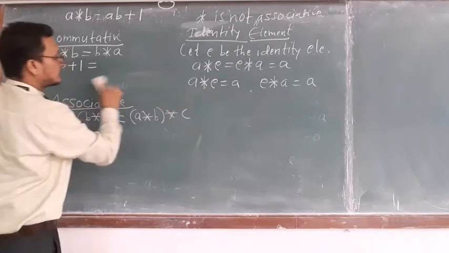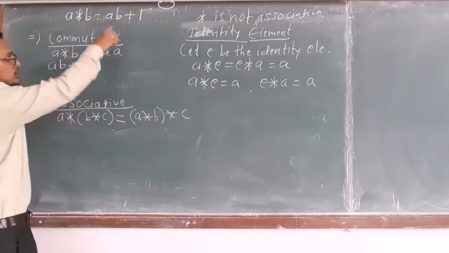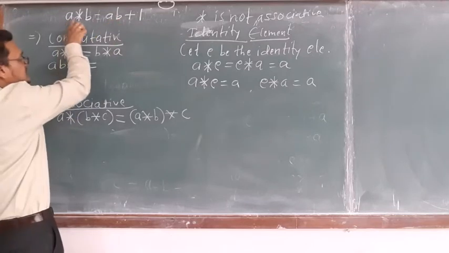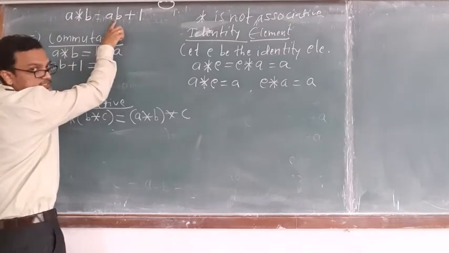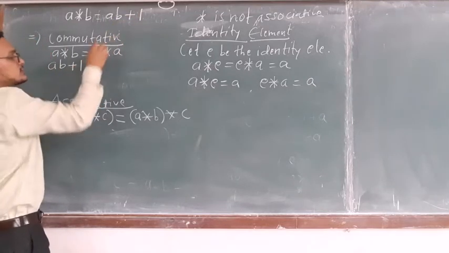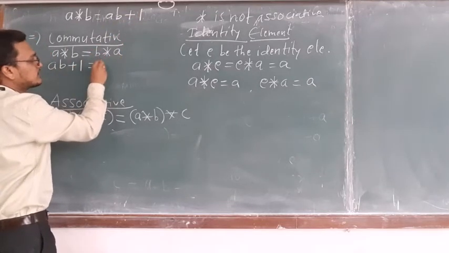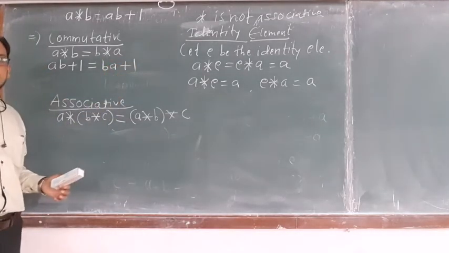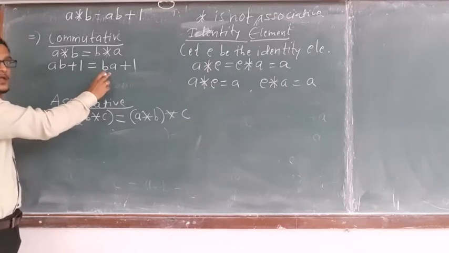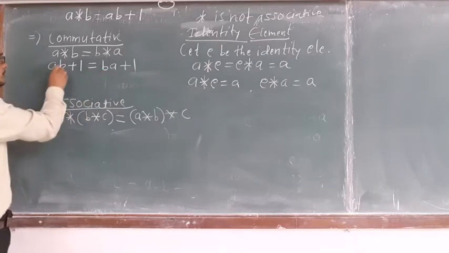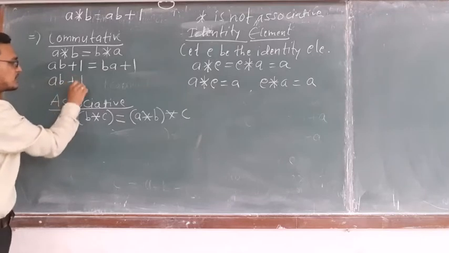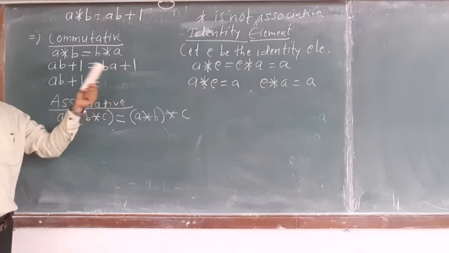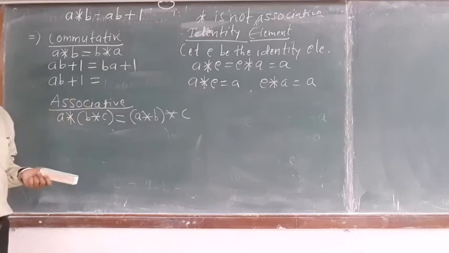The other part is B star A. What is B star A? B star A is not 1 plus AB. See, when it is A star B, the multiplication of this, that is AB, and then plus 1. Similarly, B star A is the multiplication of this, that is BA plus 1. Then you may say that this is not equal. Why? This is AB, it is BA, but they are equal. How? See, this is A into B plus 1, and here I am having B into A. B into A or A into B, the meaning is the same.